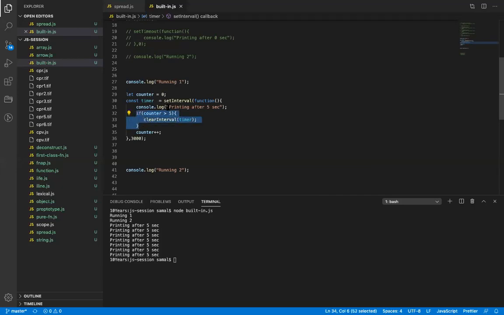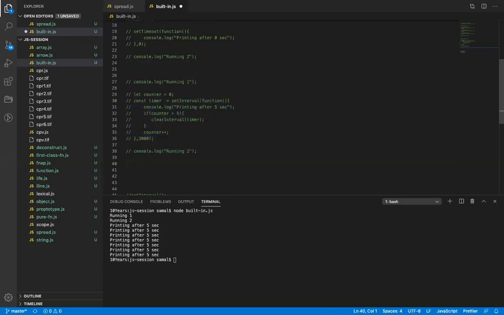All right. Same applies for setTimeout also, but because setTimeout only runs once, you don't really have to clear the timeout. So clearTimeout is only required if you are using an interval. These are the basic two timer functions which are used very heavily in JavaScript. Timeout is used very heavily. Intervals are basically when you want to run some function continuously, we use interval. Otherwise, timeout is used.